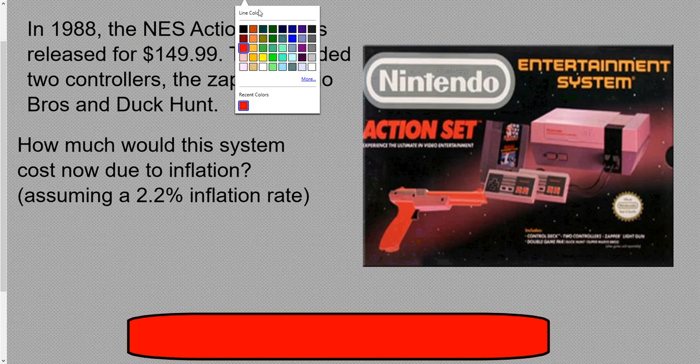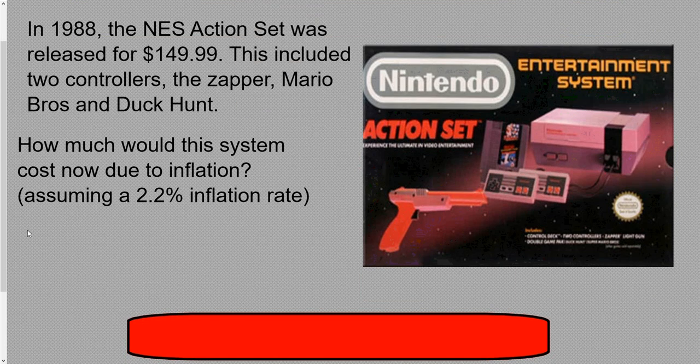So let's say future cost is the current cost, so 149.99 is the quote-unquote current cost, times 1 plus 0.022 to the, well, this is 1988. Let's say it's 2020 right now, so that's 20 years plus an additional 10 years, so that's 32 years, right, from 1988 to 2020. Calculator, 1.022 to the 32nd power times 149.99, $300.95